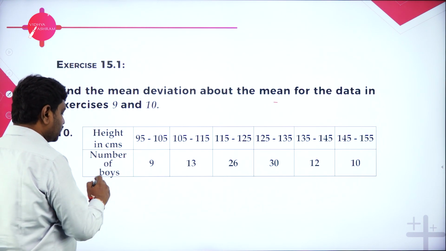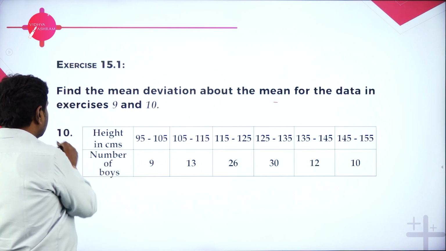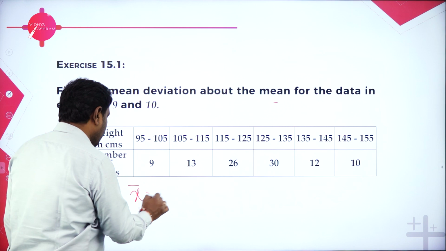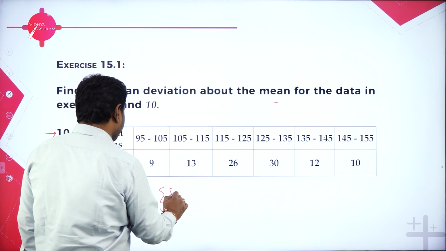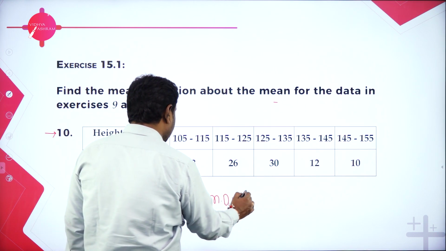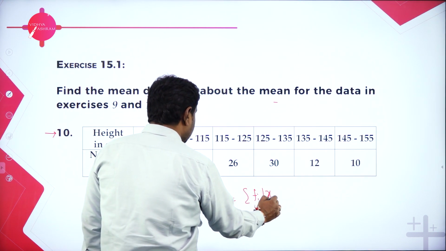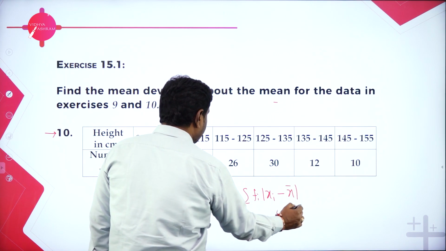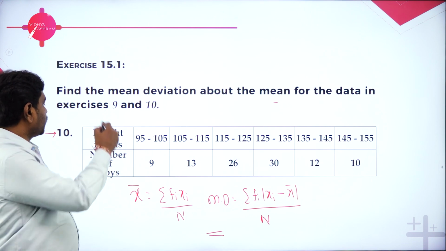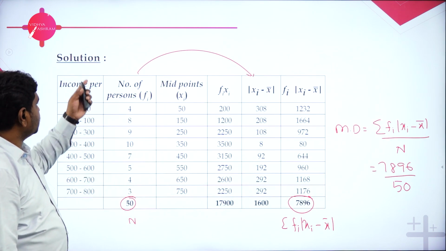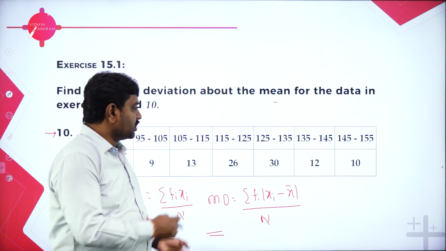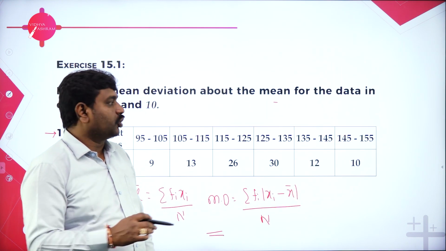Here, what are the two important things? See, if you are thorough with problem 9, you can do problem 10 by the same method. So first, you should calculate the mean using the formula. What is the formula? Sigma fi xi divided by n. Then you should calculate the mean deviation. What is the formula for mean deviation? Sigma fi modulus of xi minus x bar divided by n. So these two are the important concepts. And I hope you can complete the 10th problem by seeing this 9th. The 9th I've solved completely. Refer to the video for the 9th and solve this problem.